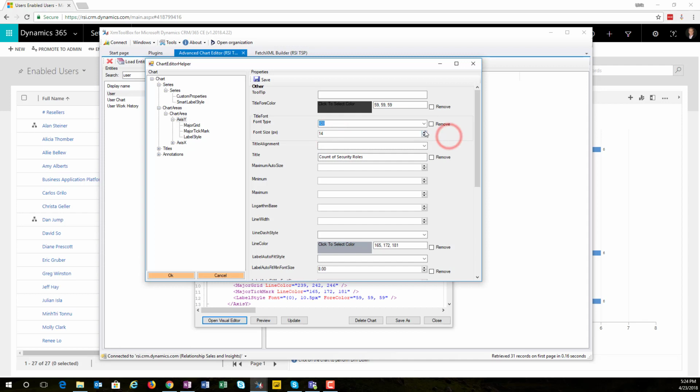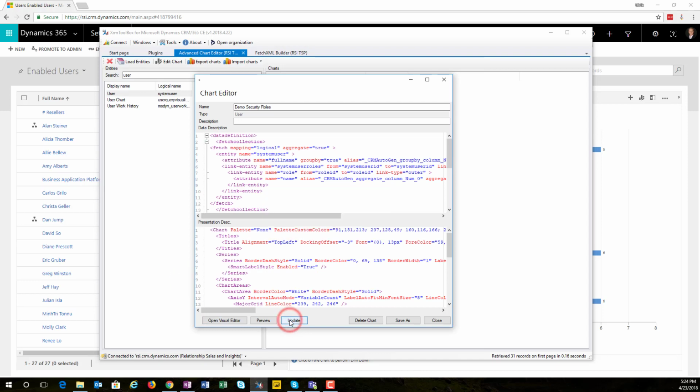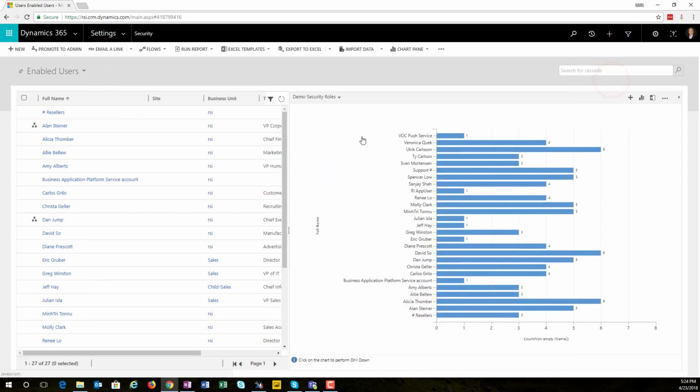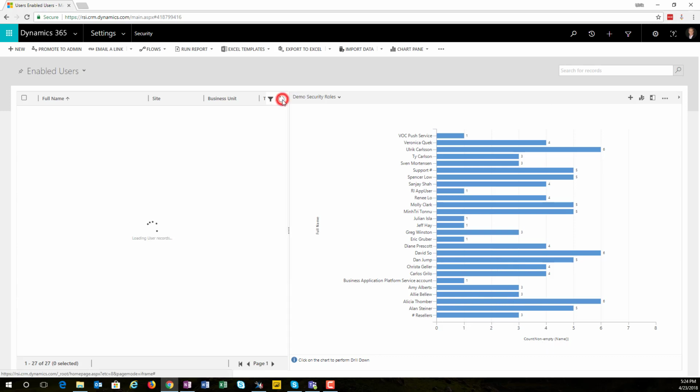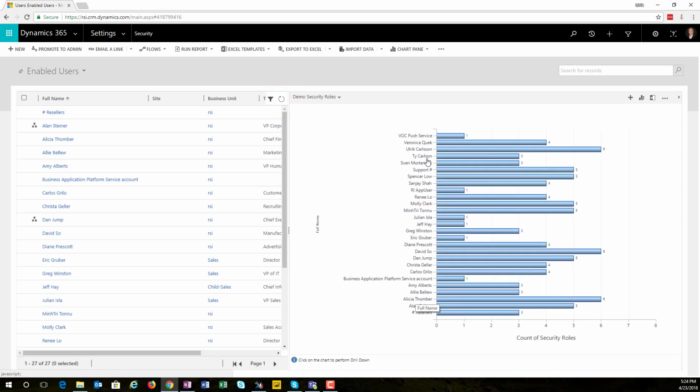We'll change that to like 14. Let's say 16, just so we can really see what it says. Let's say save, okay, and update. And we can come back to our system view, look at the chart here, and we should see now the colors. We'll get some border lines on those individual charts, and the title down here should actually change. All right, so now we can see the new chart where we actually made something, designed a chart here, and